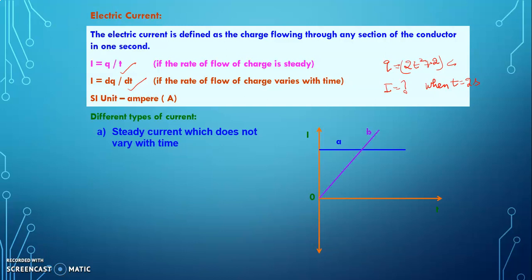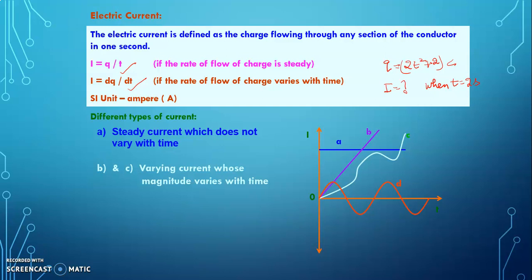The other kind of current is one which is continuously or discontinuously changing with time. However, they are not changing periodically, so they do not make up alternating current. They are just called varying currents. And the third kind of current is one which changes its value continuously and its direction changes periodically. That is said to be the alternating current.